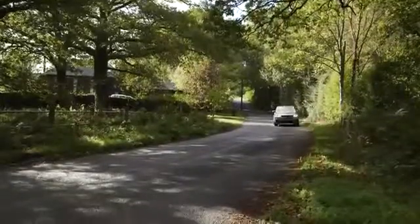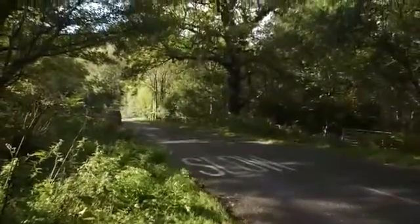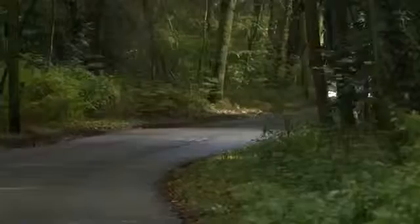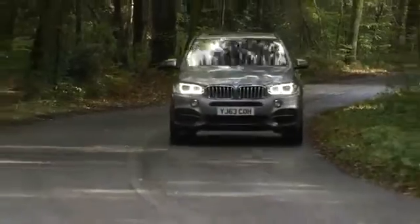BMW has gained pretty big improvements in fuel consumption and CO2 emissions across the range. All third-generation X5s come with BMW's 8-speed automatic transmission as standard. It's a great piece of kit. You can choose to either amble along gently or hold onto the gears manually and really eke extra performance out of the engine. Diesel prices start just under $43,000 for the S-Drive 25D and go right up to just over